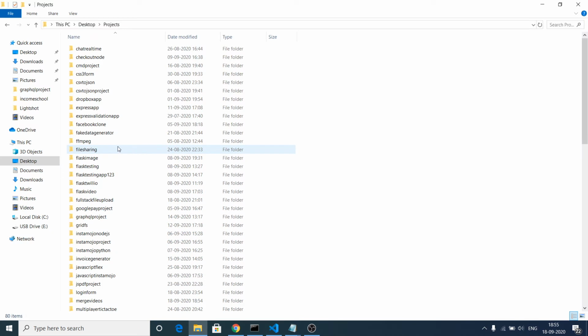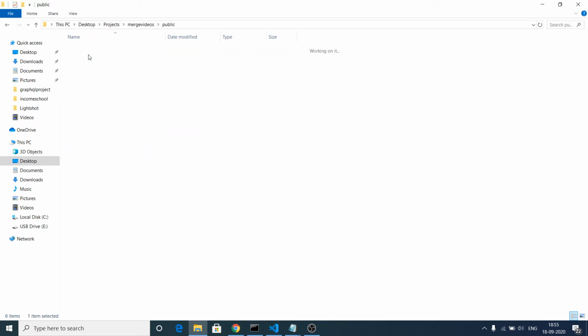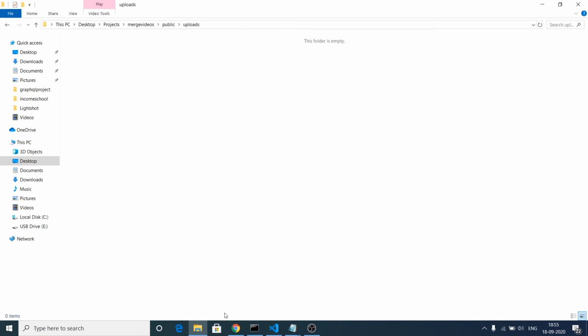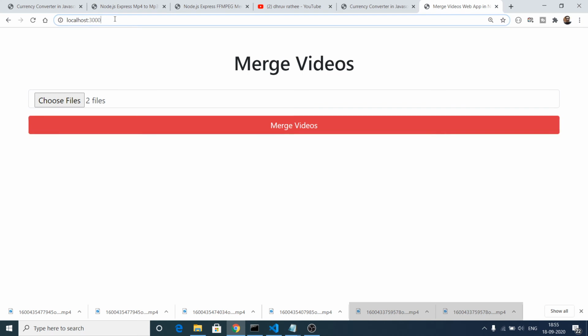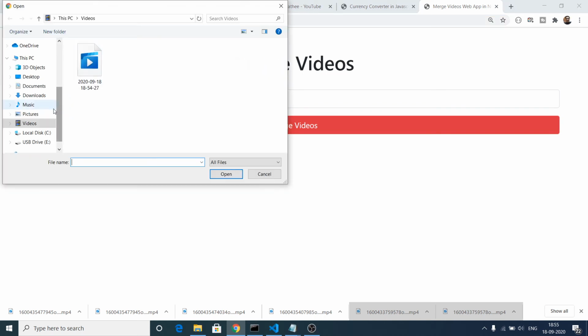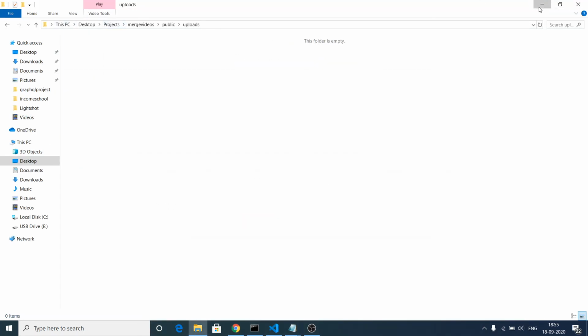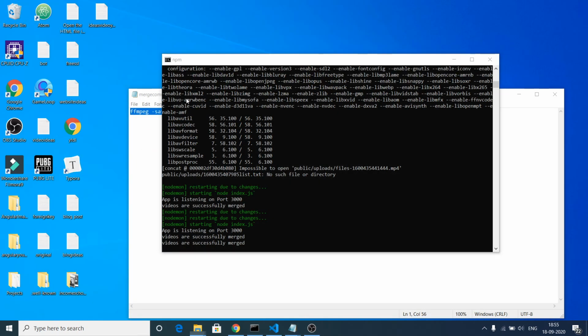The name is merge videos. If I go to it, inside this public folder, let me delete all the files. So if I choose these two files, two video files, oh sorry, I deleted all the files. So let me just go to the recycle bin and restore it.